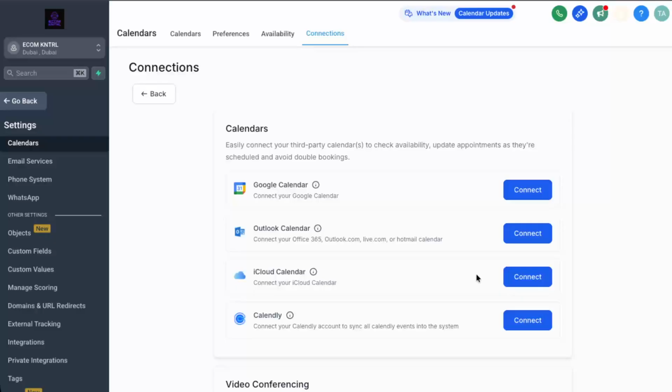At this point, a Calendly login pop-up will appear. In that window, log into the Calendly account you want to connect with GoHighLevel. Make sure you choose the correct Calendly account if you have more than one. Once you've entered your details and confirmed the connection, Calendly will finish the authorization and the accounts will be linked. From here on, your Calendly bookings can be synced into GoHighLevel automatically, giving you